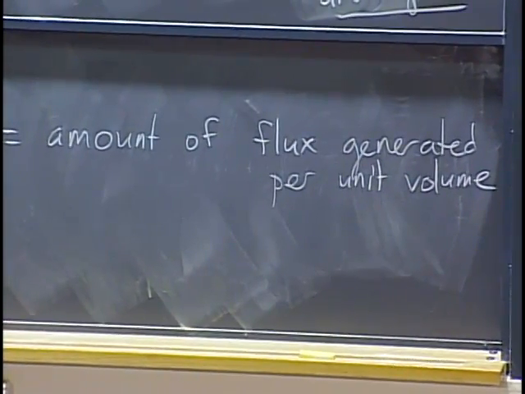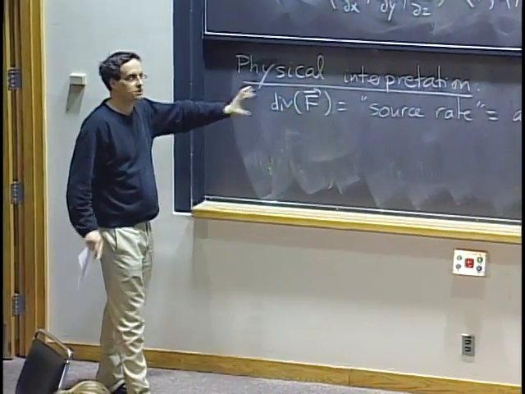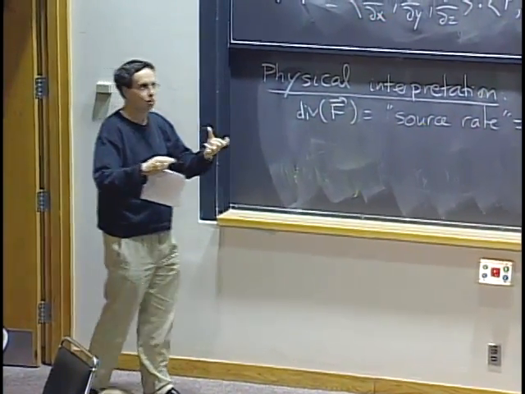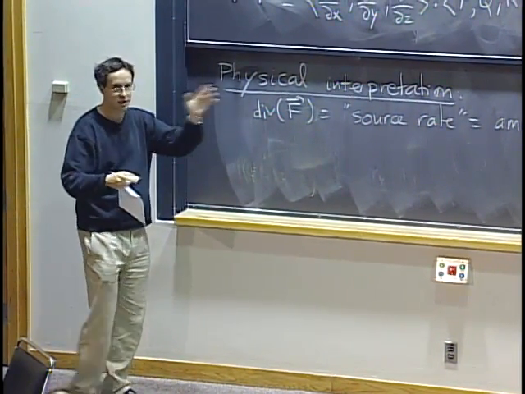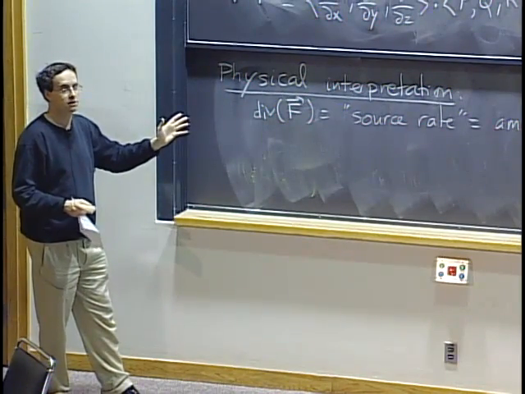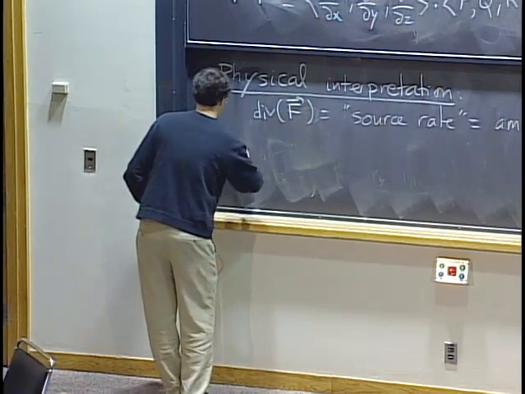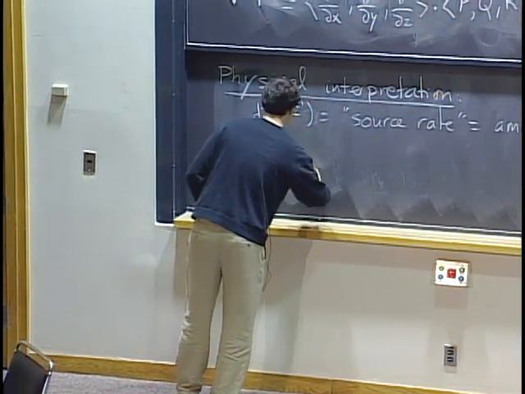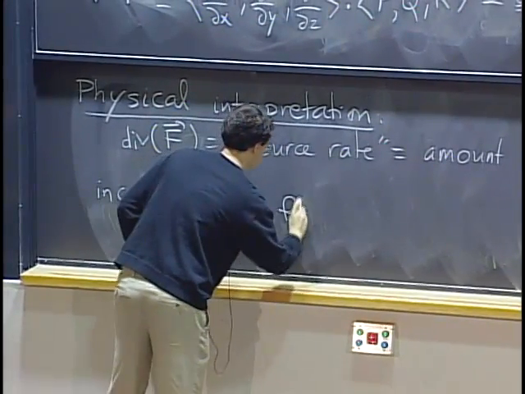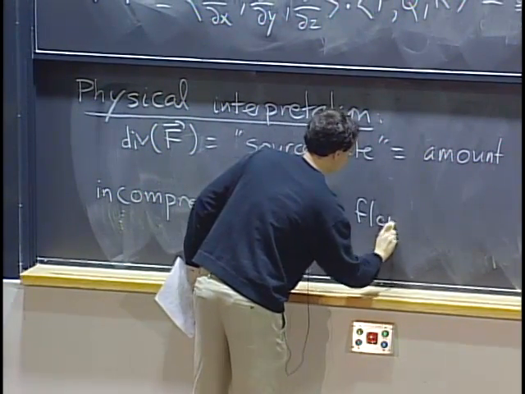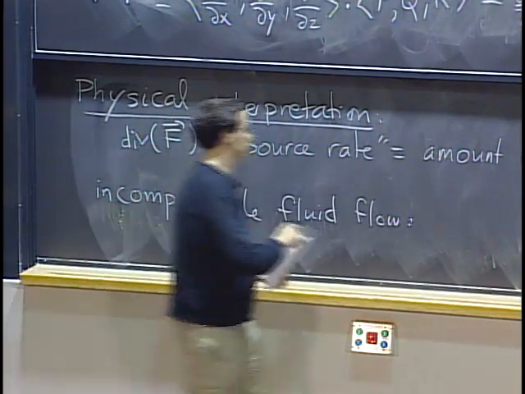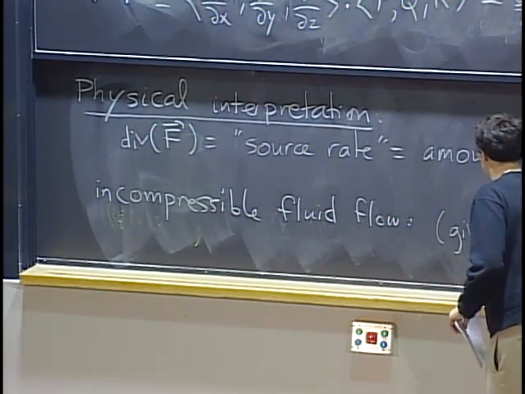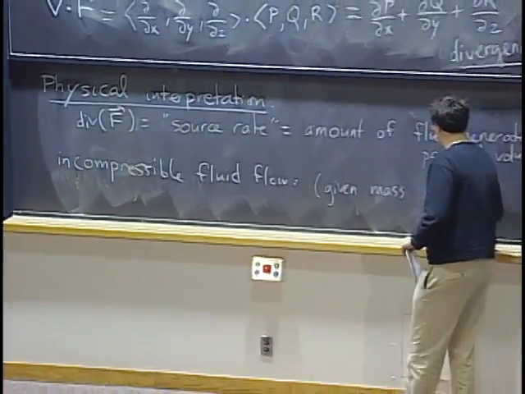So to understand what that means, let's think of what's called an incompressible fluid. An incompressible fluid is something like water, for example, where a fixed mass of it always occupies the same amount of volume. So gases are compressible, liquids are incompressible, basically. So if you have an incompressible fluid flow, well, again, what that means is really that a given mass always occupies a fixed volume,